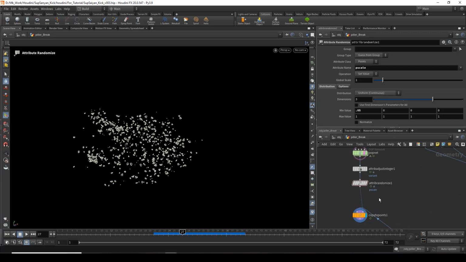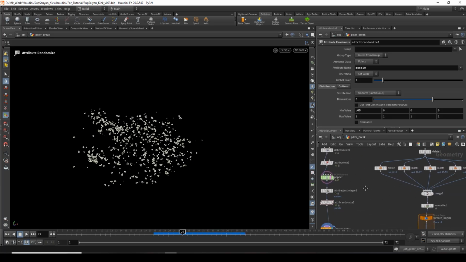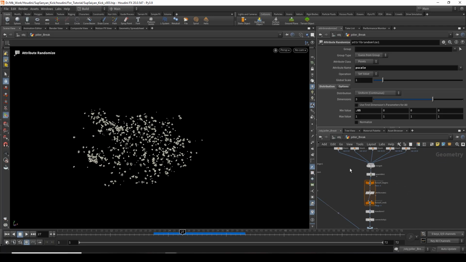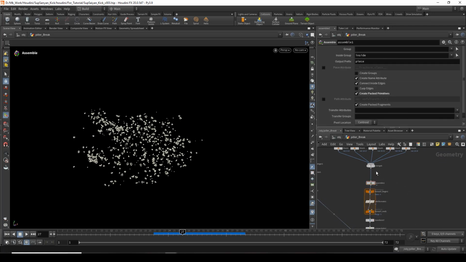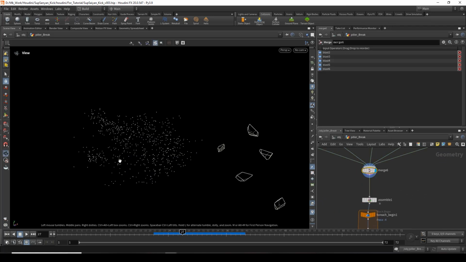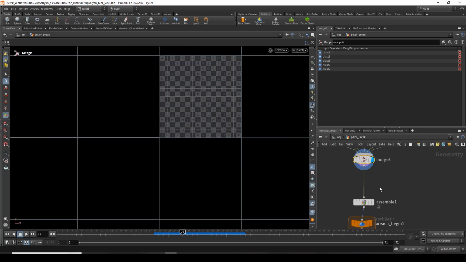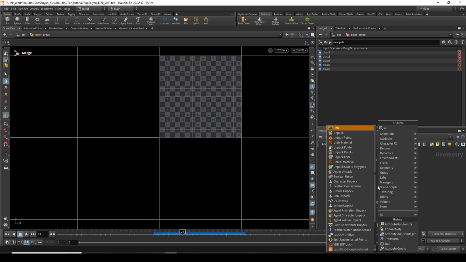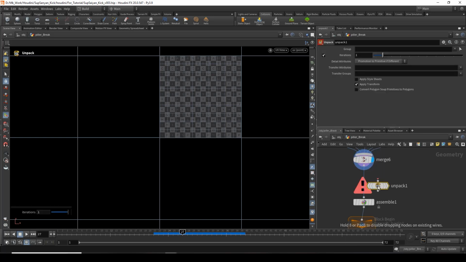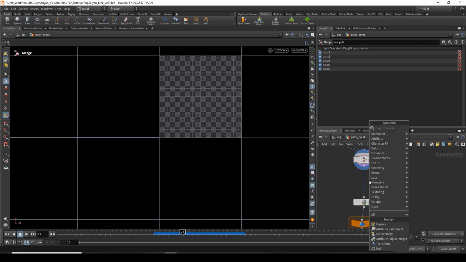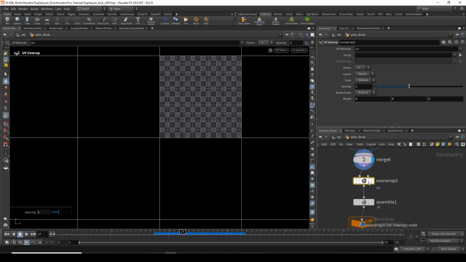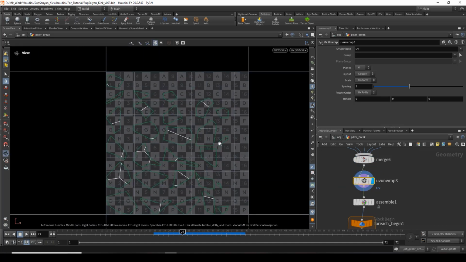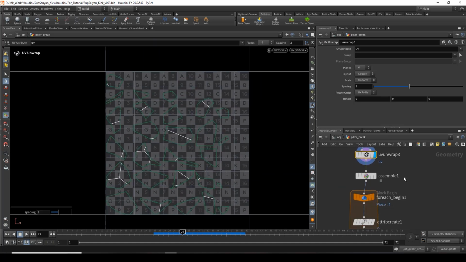This is okay. And now we can add UV here. I'll take UV unwrap, not unpack, UV unwrap. So we have UVs here for our debris,